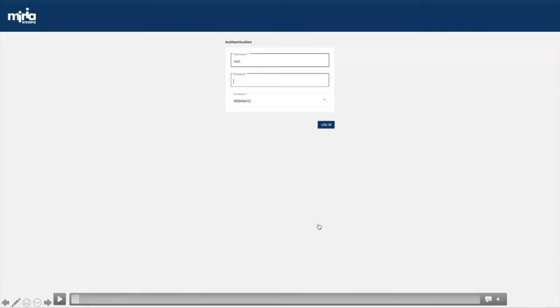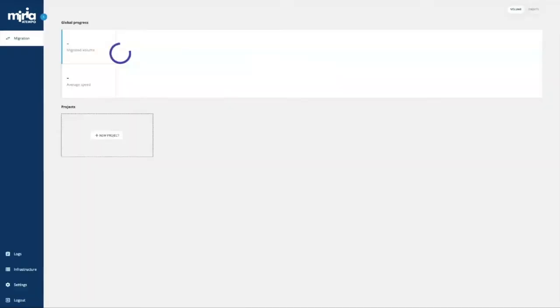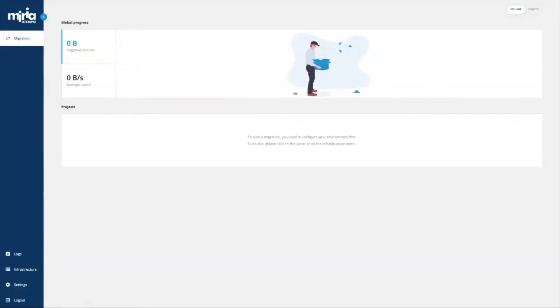You're going to put your password in, webinar, and basically we built a webinar demo for you guys. We use the webinar database. And this is a simple HTTP interface. You don't need any special GUI, run it from one of your browsers. What you see here is when you first get in, here's my migration web page and dashboard, which there's nothing